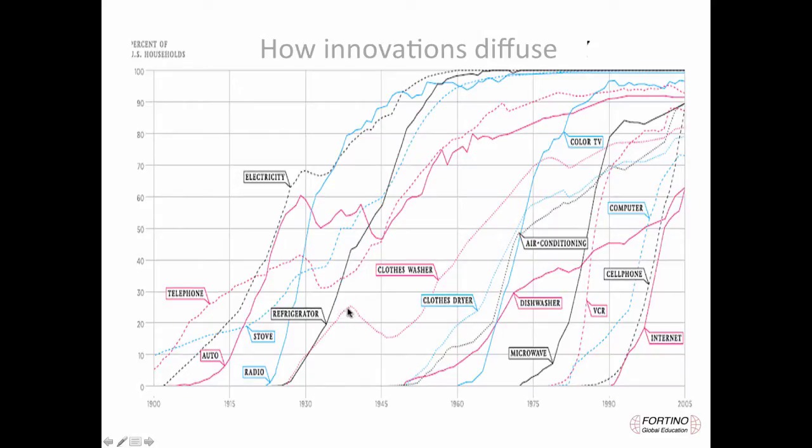Almost all of these technologies follow this very, very definite pattern that we will talk about and study. Refrigerators, air conditioners, the rise of the internet, which still hasn't penetrated all 100% of U.S. households. Cell phone, it's getting up there into the saturation stage. Now, there are some definite changes in some of these, and you can understand why.